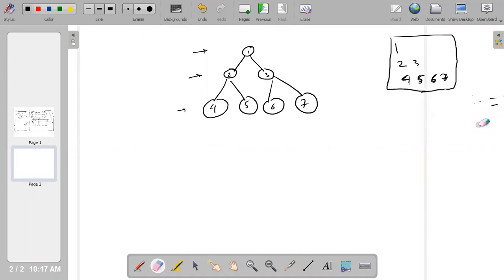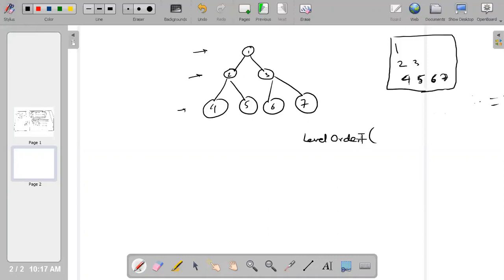So my hypothesis is something like this: I have one function called level order traversal.